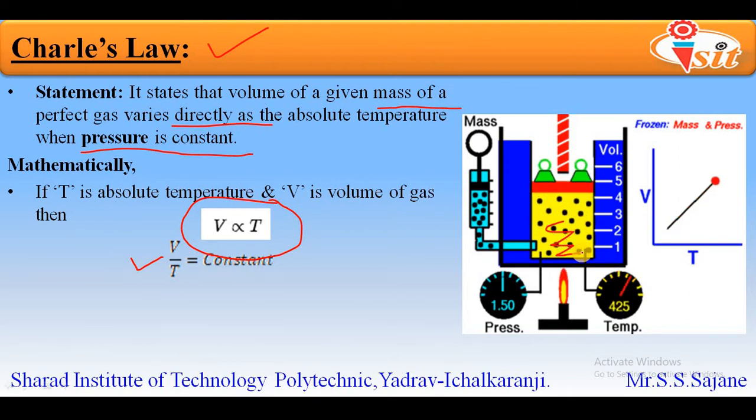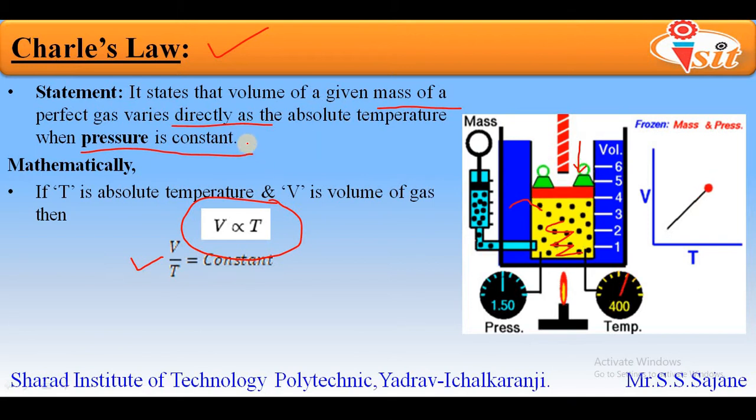Then again the black particles that are present in this yellow region are nothing but the gas molecules. Again, the red color indicates the piston, and the green color indicates that a certain weight is applied on the piston, so that a certain amount of pressure is exerted on the gas. So here we are not going to change the pressure, because as per Charles law, the pressure is to